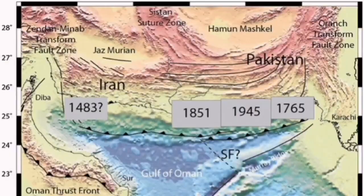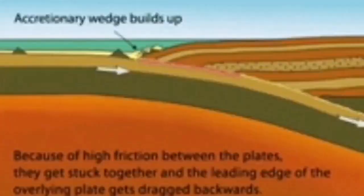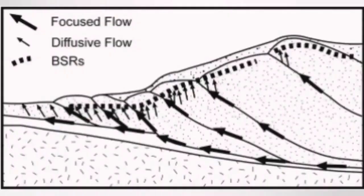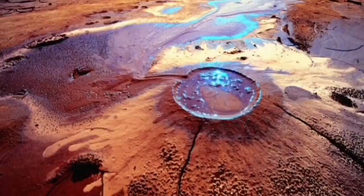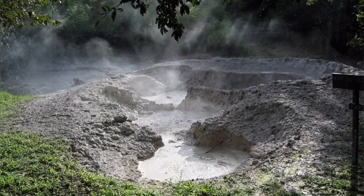Its setting is very similar to what we see in Vancouver Island and the Makran of Iran. This is because when the oceanic plate hits the continental plate, it creates a wedge of sediments from the oceanic floor, creating an accretionary prism, and through that we have the pressure rising, liquefying whatever sediment is there,